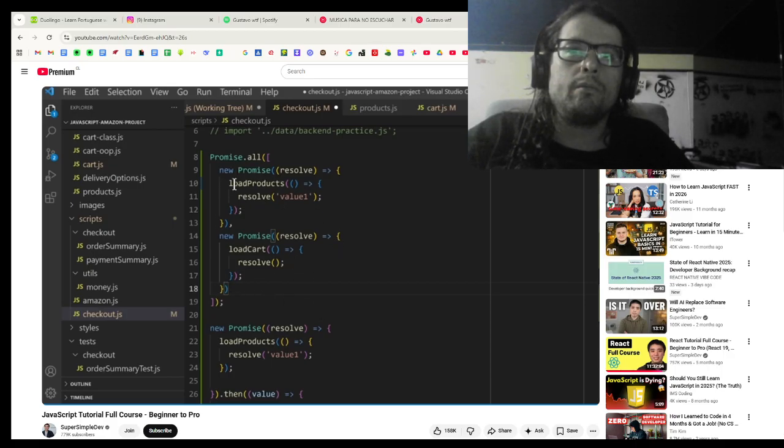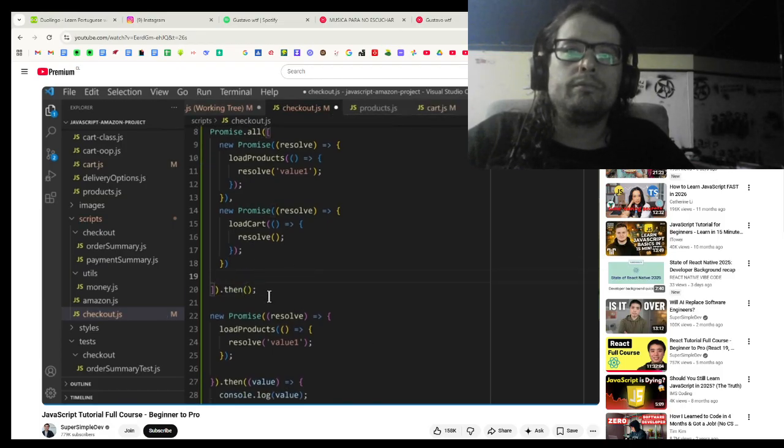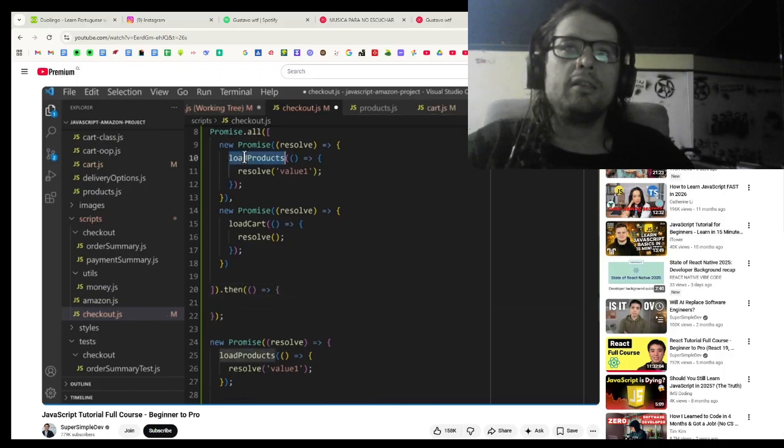So now let's add a next step. At the end, to add a next step, we're going to use .then and brackets, and we'll add a new line to make it a little easier to read. As usual, .then adds a next step to a promise. And we'll give it a function to run, so brackets, arrow, and curly brackets. After we load the products and we load the cart, we're going